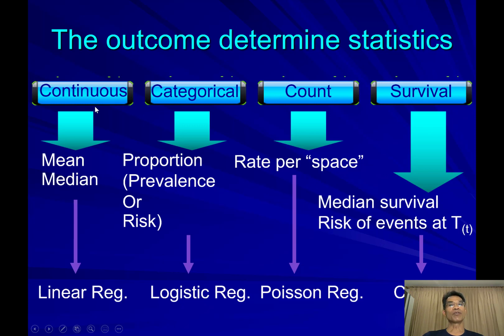Recall that there are 4 types of study outcome that determine various types of statistical methods. But the key to go closer to the success,